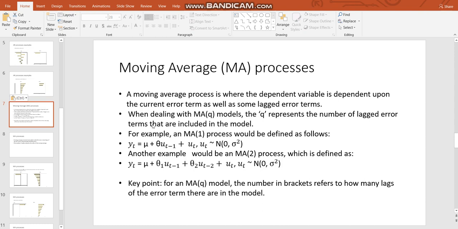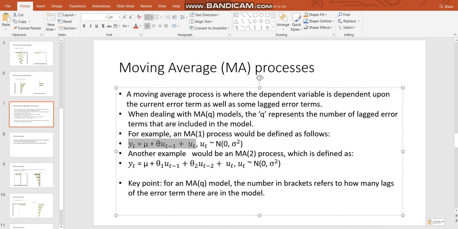So I've got a couple of examples actually here, where yt equals mu plus theta ut minus 1 plus ut. That's for a moving average 1 process. And then for a moving average 2 process, as you can see, it's literally the same, except now we've got 2 lots,